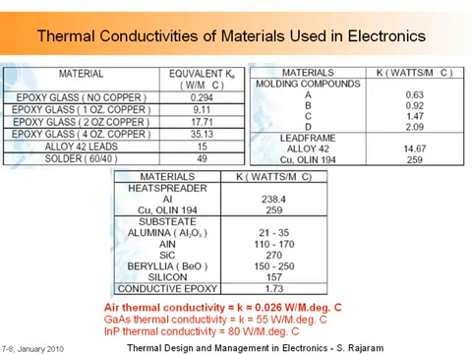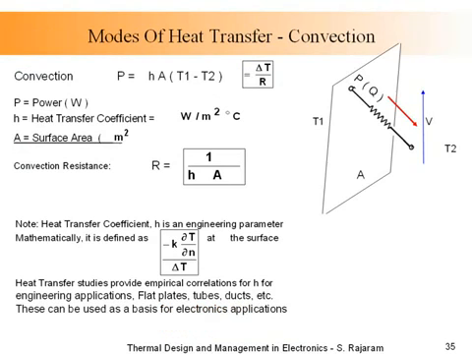Now, the modes of heat transfer: convection. As we pointed out, when air or water flows in that heat exchanger, it is primarily removing heat through a heat transfer coefficient from convection. And so we calculate what that h is from what we know in heat transfer studies or measurements, and then we can calculate thermal resistances.